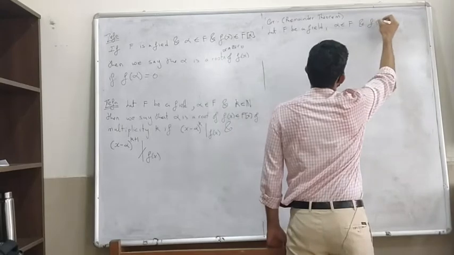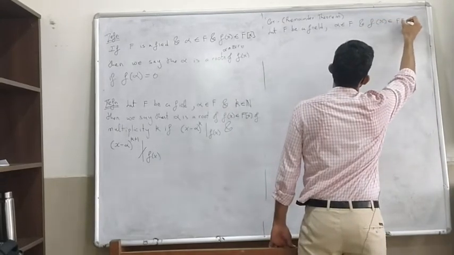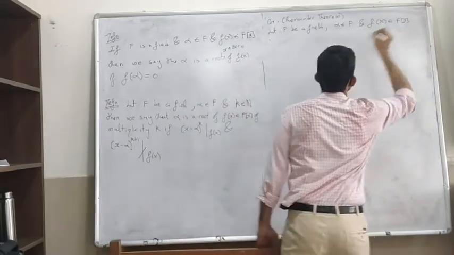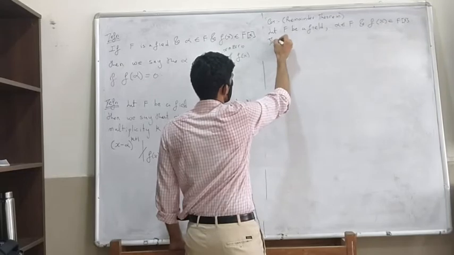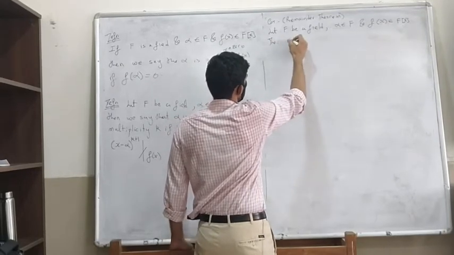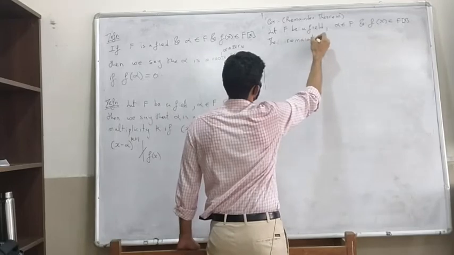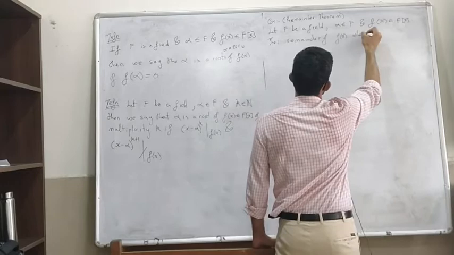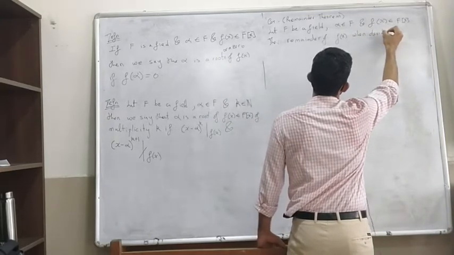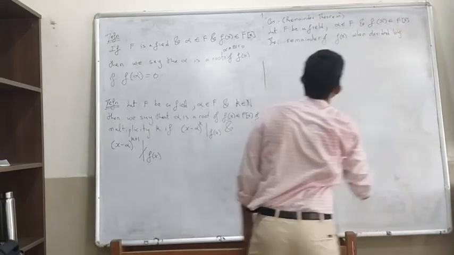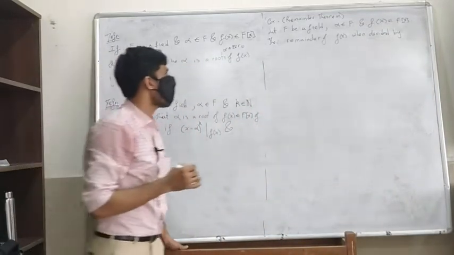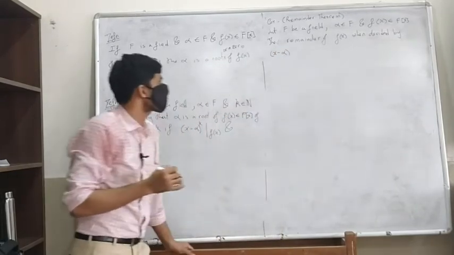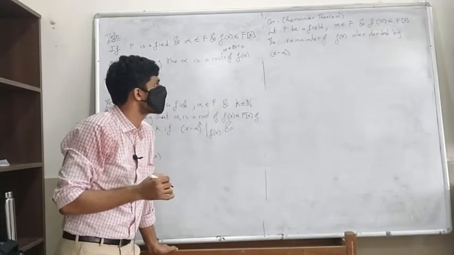And f of x is in F[x]. The remainder of f of x when divided by x minus alpha is